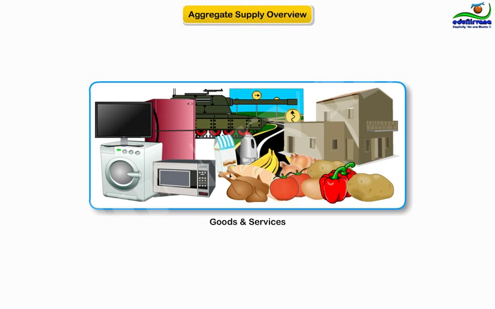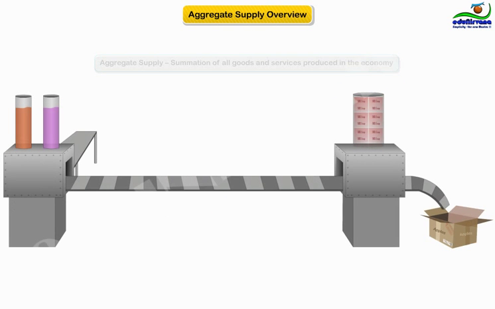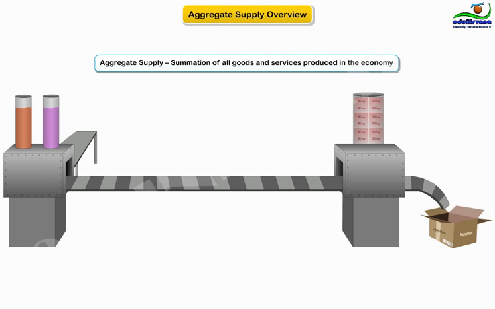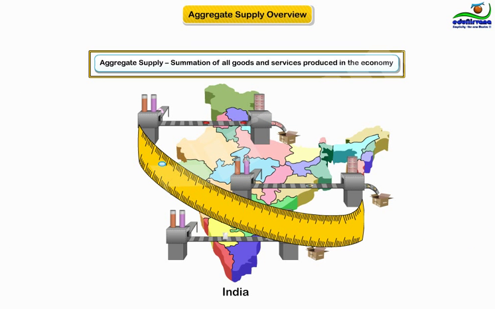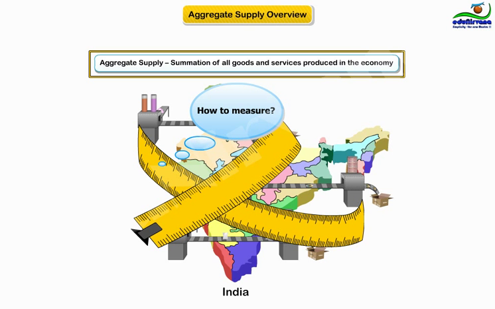Till now, we have learned a very basic definition of aggregate supply and output in an economy. According to our definition, aggregate supply is the summation of all goods and services produced in the economy. To bring more contextual value to this definition in the Indian economy, let's see how we measure overall aggregate supply in